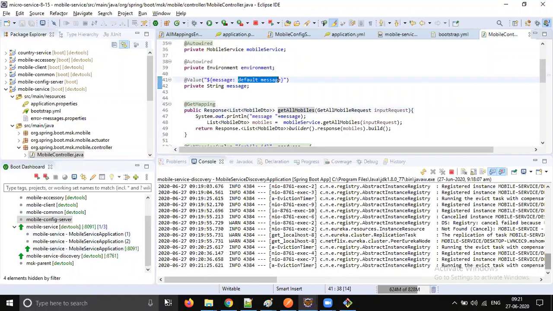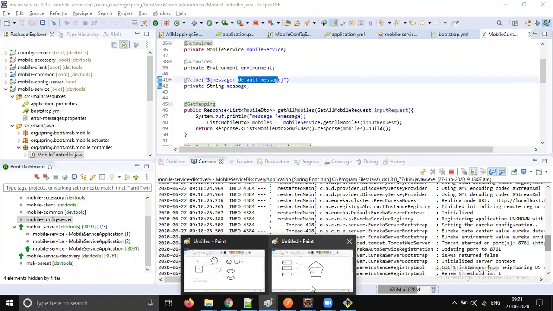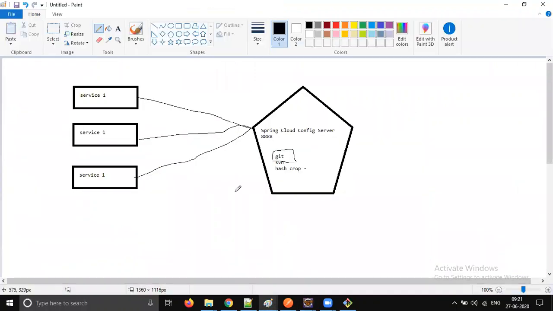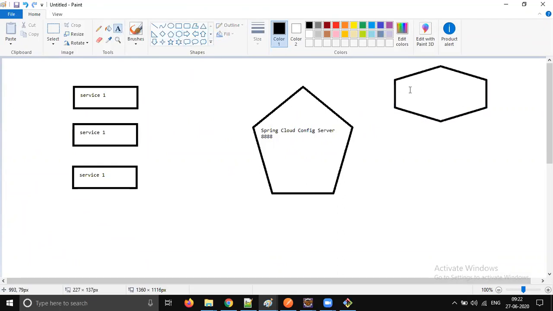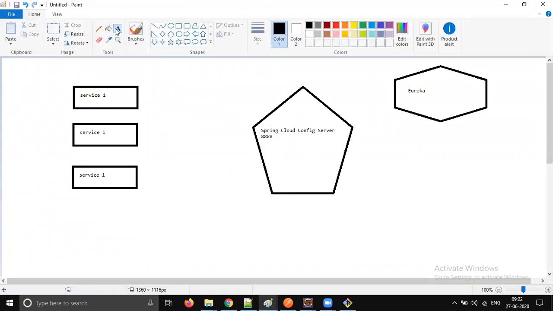Let's try to understand what exactly is happening. We got those details loading from properties, but there are some challenges with respect to the cloud config server. Your application is starting anyway. You don't touch the cloud config server, and you don't touch the Eureka server either. They are like one-time, constant servers. You don't keep touching them. That is one thing we need to remember. These are all things we don't touch anyway, so let them be. Now what should we do? We will be starting our mobile service.